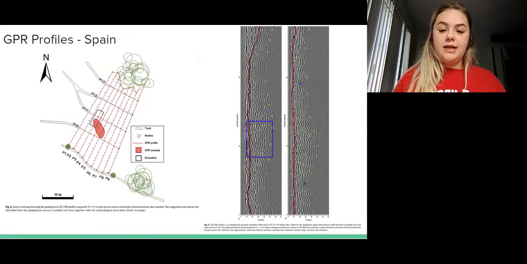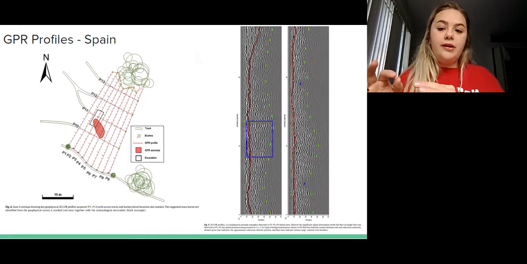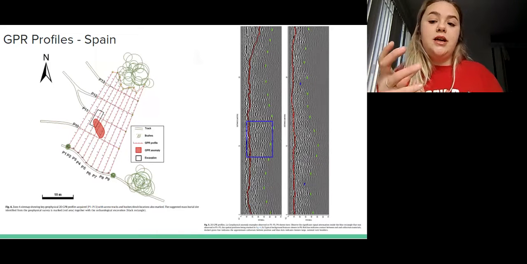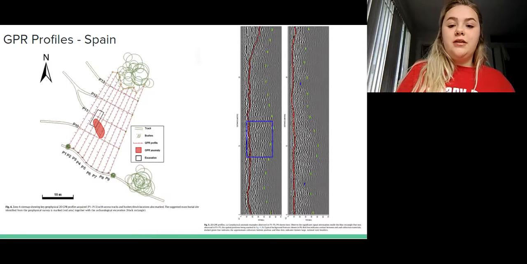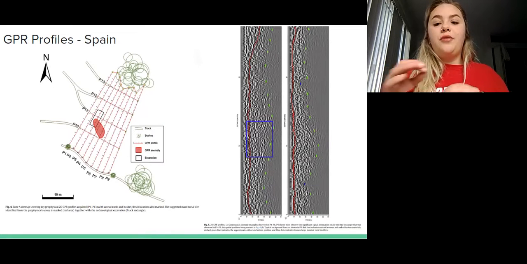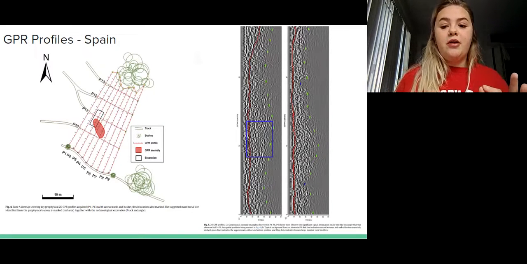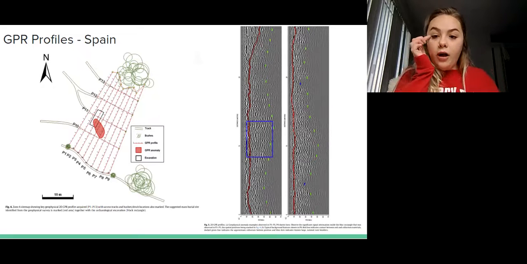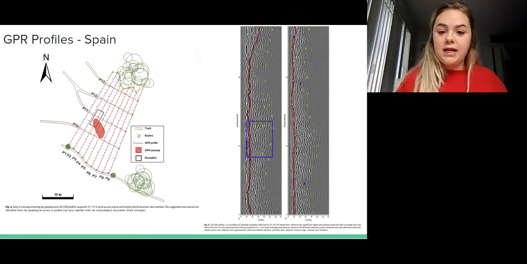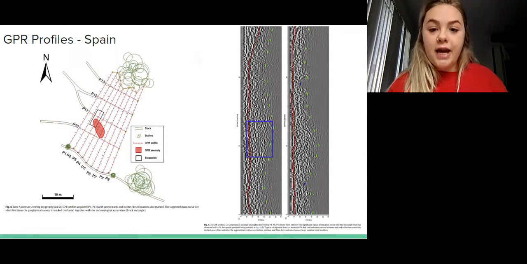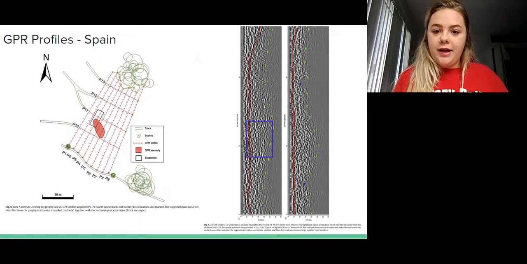So that's their reasoning for that. The lower frequency antenna has also been suggested for detection by controlled simulation clandestine grave studies, but the 500 frequency was judged here to be a better compromise between data quality, acquisition time, and successful chance of detection due to adequate